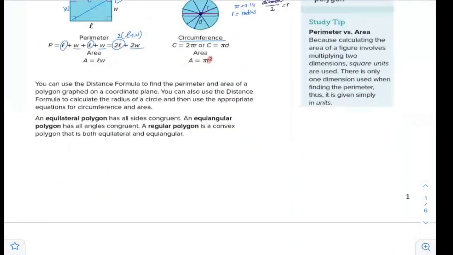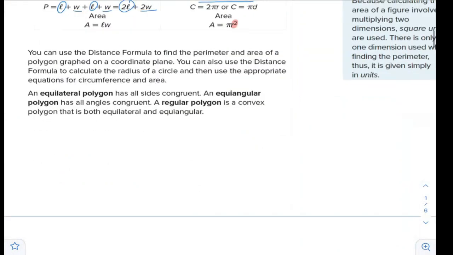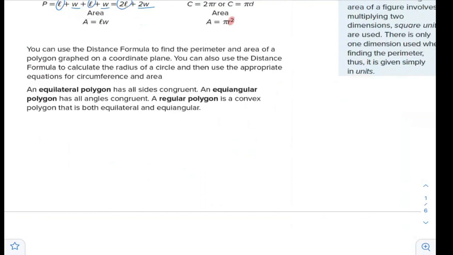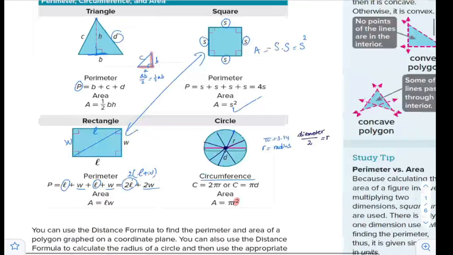Now, what is a regular polygon? A regular polygon, for example a square, is a special case of a polygon. It's called a regular polygon because it has all sides equal and all angles equal. All lengths are equal and all angles are equal right angles. So we call it regular polygon. Also an equilateral triangle, if the triangle is equilateral, this is called a regular triangle, a regular polygon.